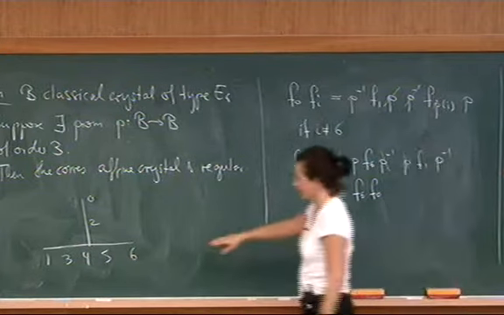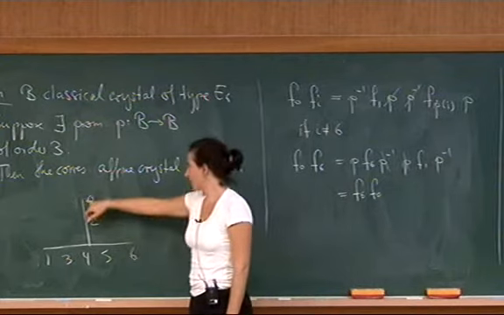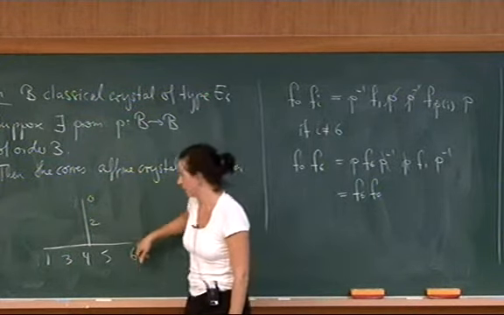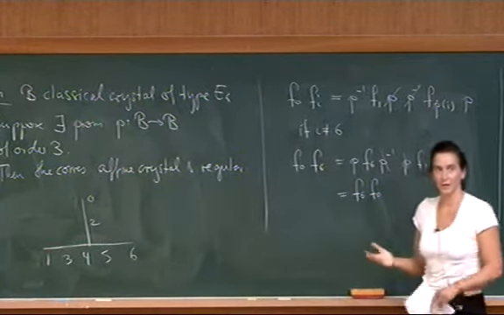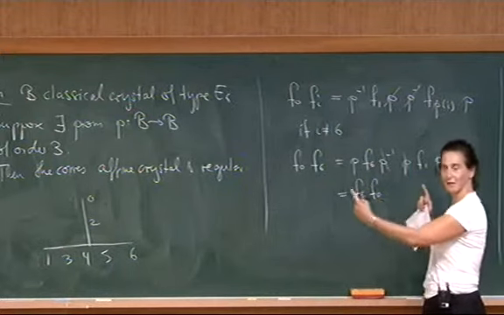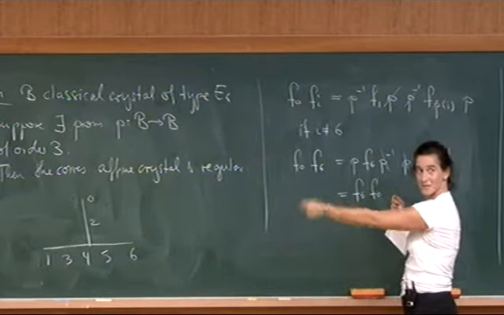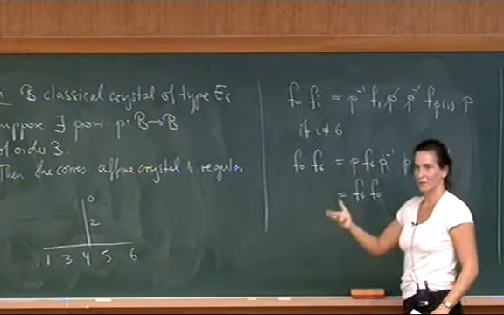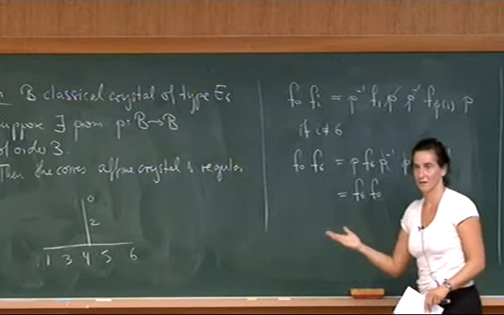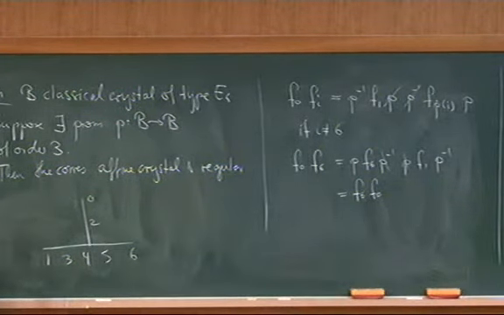So for the node that gets mapped to the 0 node, I had to do something special. For that one, I actually had to take the P inverse. And if you have something of order 2, then if you think about our E7, the 0 node sits here. And then if you use this Dynkin diagram automorphism, the 0 gets mapped to the 7. And then you don't automatically know that what you get is a regular crystal. So you actually have to check this by different means, not by these very simple arguments.